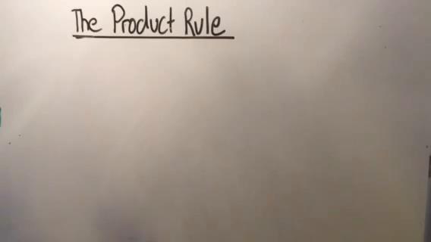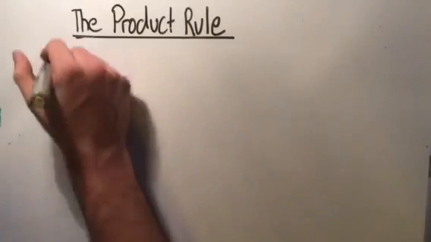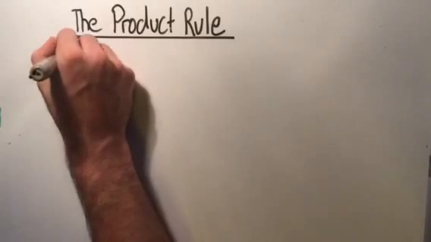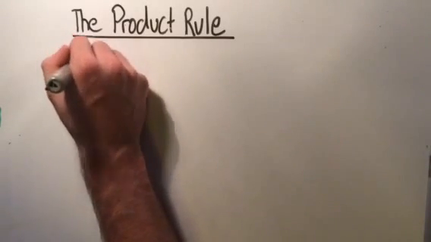So we're going to be finding the derivative using a slightly different way to the chain rule or just the power rule. The product rule involves using the chain rule and the power rule, but it's combining the two methods together when we have a certain type of equation or function. So let's look at the example of y equals x cubed